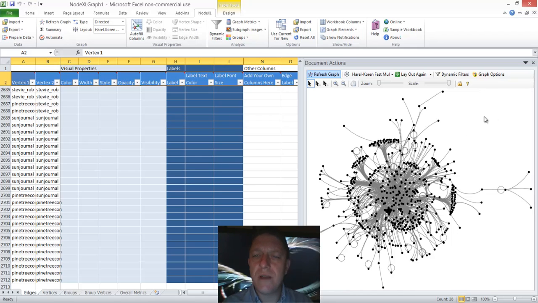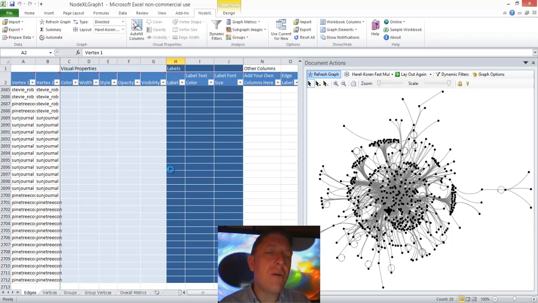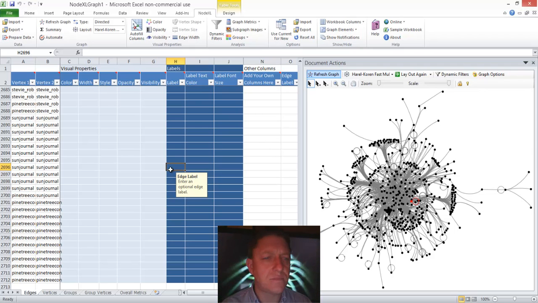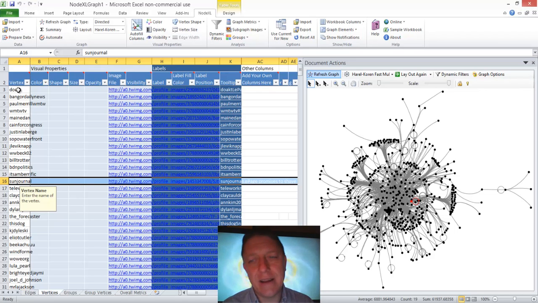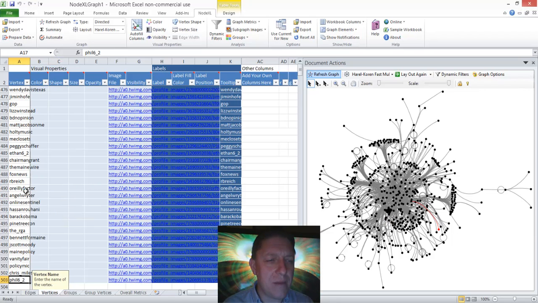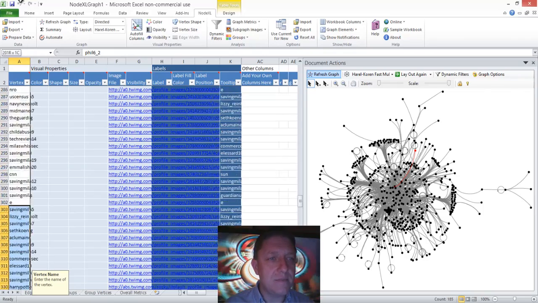I want to know who is in the center, who's in the periphery. What do they have to say? Well, how could I figure that out? There really are a few ways for us to do that. Okay, I could go through and I could label some individuals, but who do I label? Am I going to create labels for all 503 individuals? Let's see what happens if I do. I could do that.